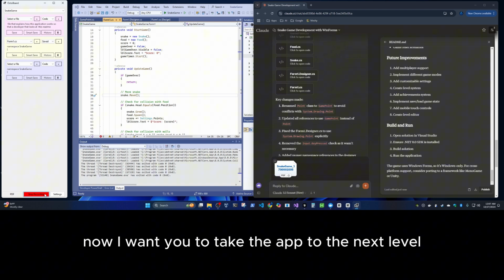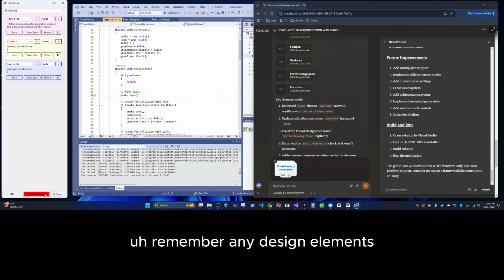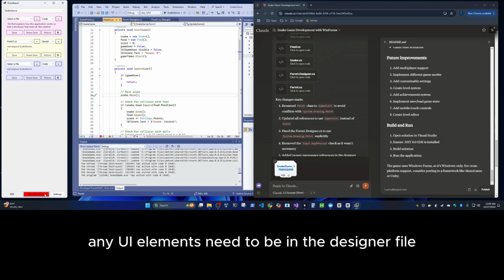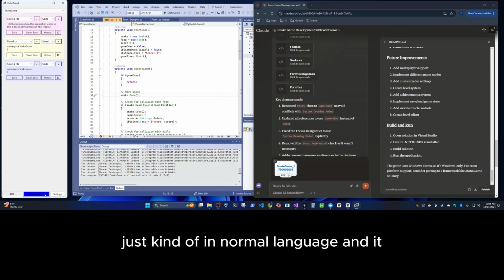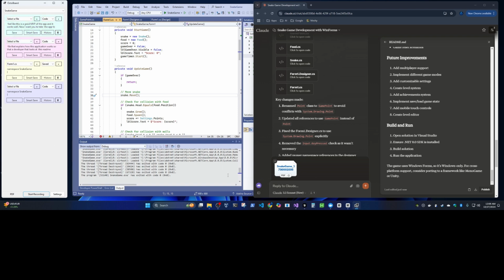Now I want you to take the app to the next level. Remember any design elements, any UI elements need to be in the designer file. If you change a file, please print the entire file for me as I am copying and pasting the entire file into the code. See how I talk to it just kind of in normal language and it understands it.